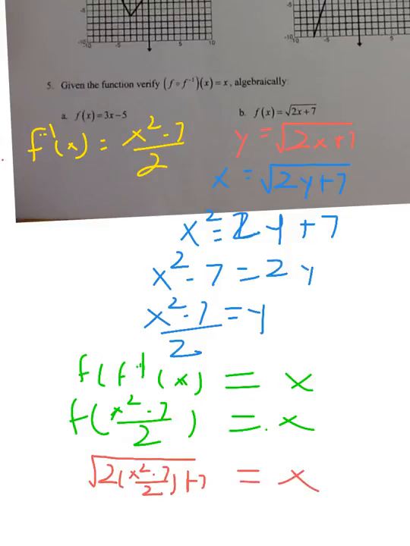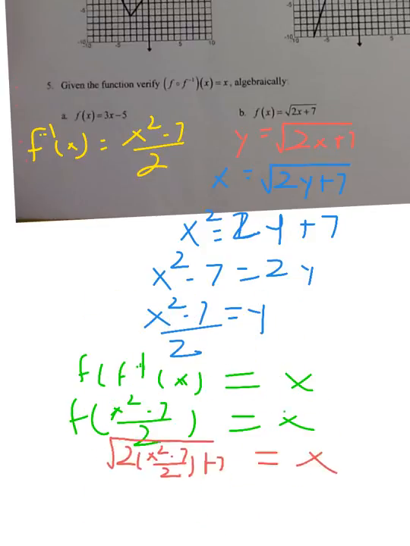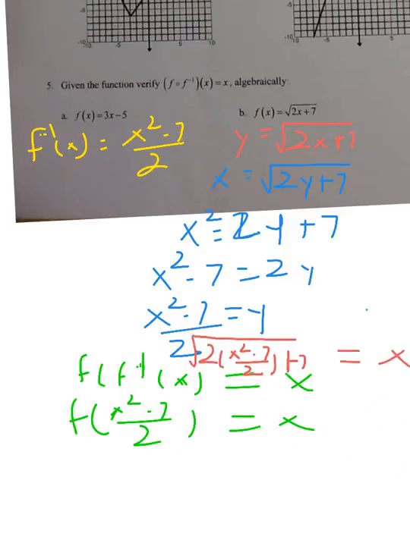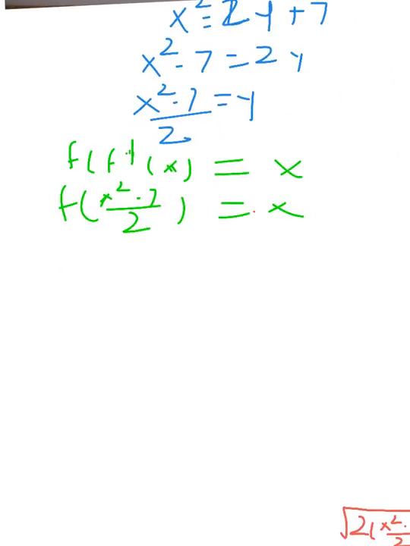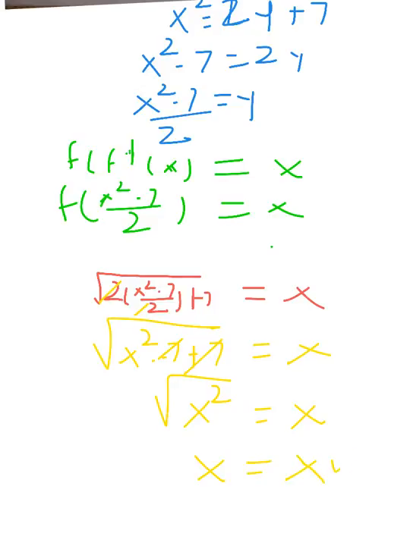So let's see. When I simplify this here, 2 and 2 reduce. I'm left with the square root of x squared minus 7 plus 7. Does that give me x? Negative 7 plus 7 reduces, so it's the square root of x squared equals x. The square root of x squared is x equals x, and that checks. All right, so let's take a look at